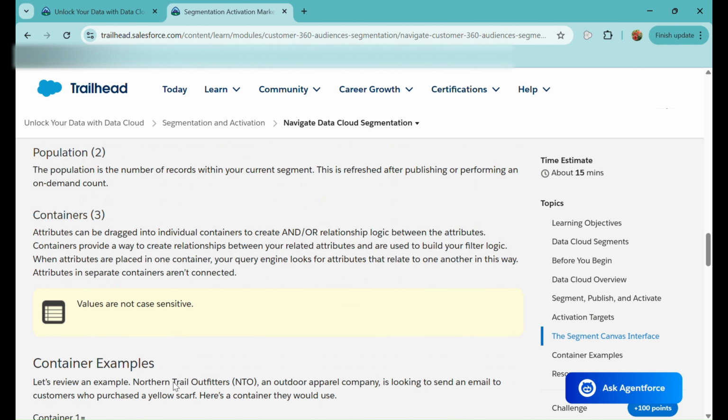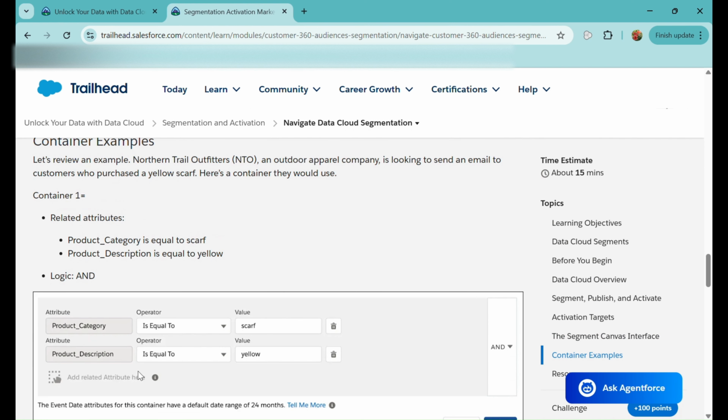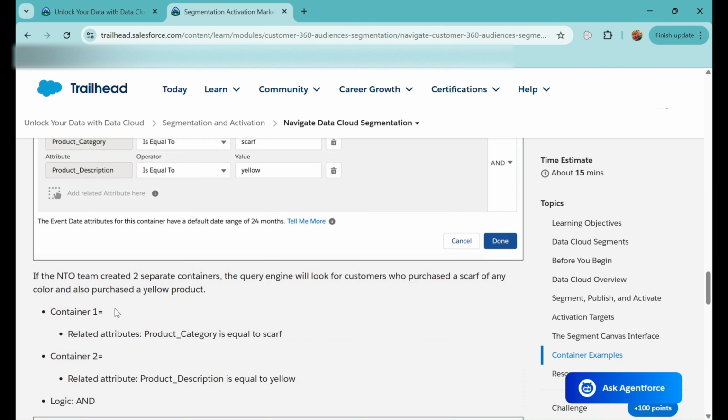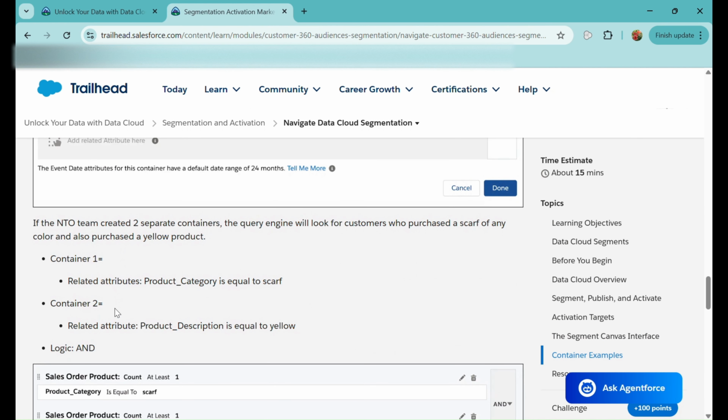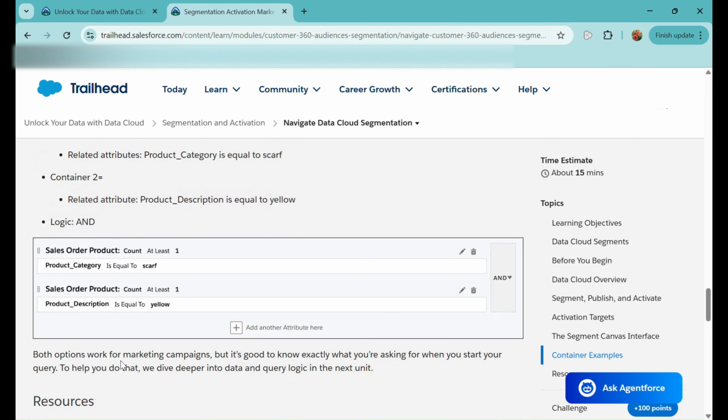After this, they are showing us a bit of container examples as well, which is how you will match your related attributes and what kind of logic you can use. We have also covered that in our previous video. I'm insisting on that because there you will be able to understand using an example.